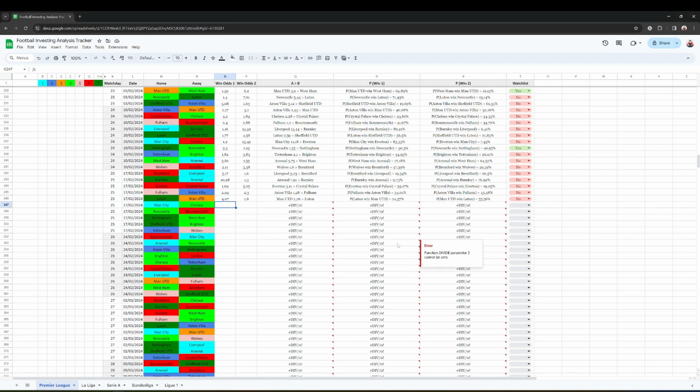Manchester City against Chelsea, 1.35, and Manchester City with Haaland, with Alvarez, and with Phil Foden recently as well. You just can't go against them, and not at home, and not when they play Chelsea. Newcastle Bournemouth, this one 1.86. So we can see 3.79 for Bournemouth, which I think also is correct. So here we can ask ourselves the question, right? Because Newcastle to beat Bournemouth is 53%, Manchester United to beat Luton is 55%.